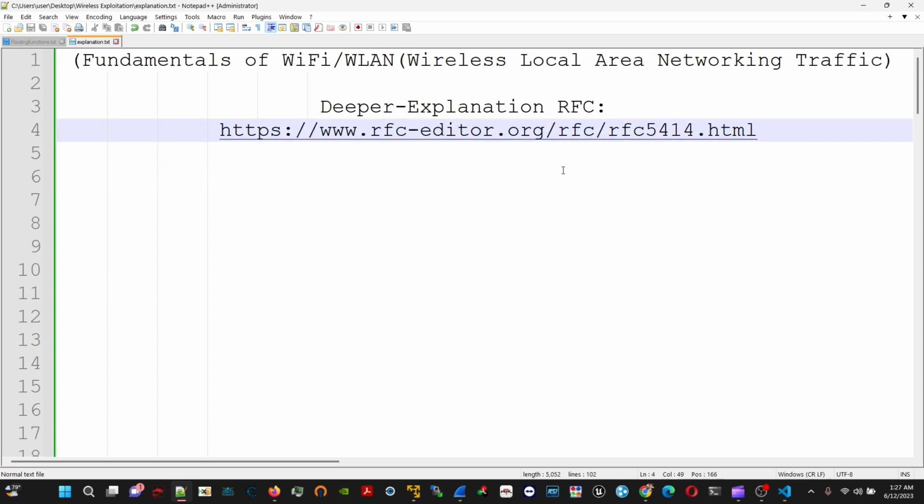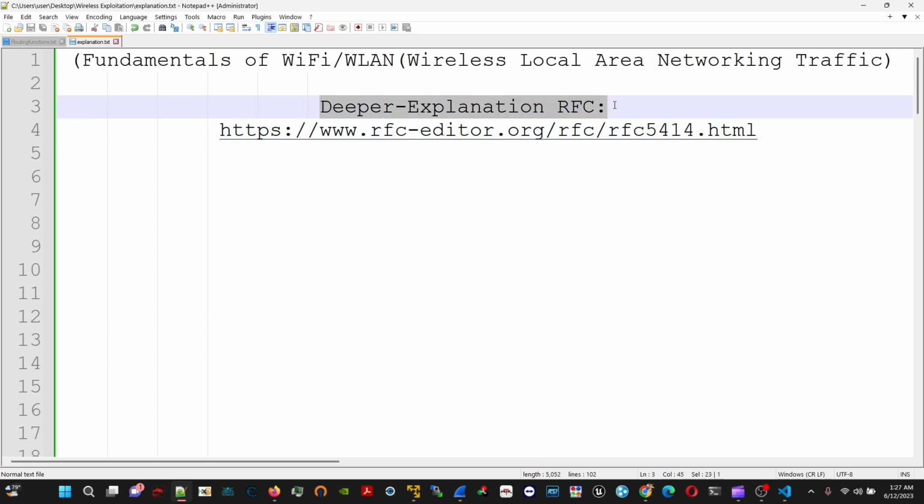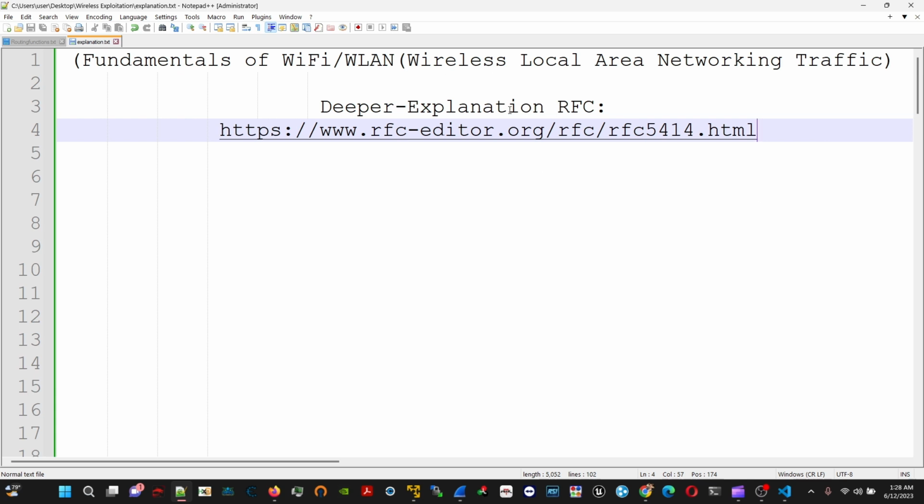Hello everyone, today I'm going to show you guys the fundamentals of Wi-Fi, WLAN, wireless local area networking traffic. The deeper explanation is mentioned on this website. As we know, most routers